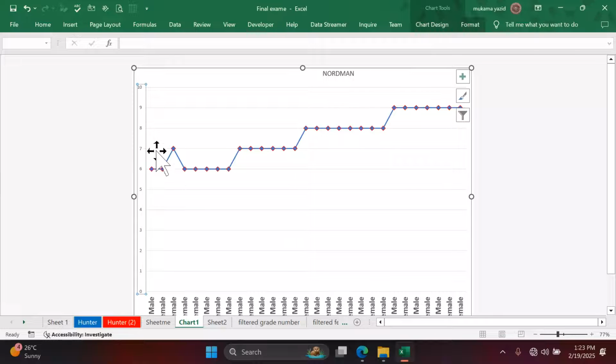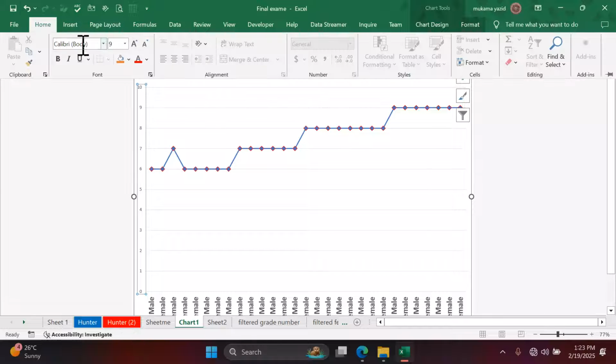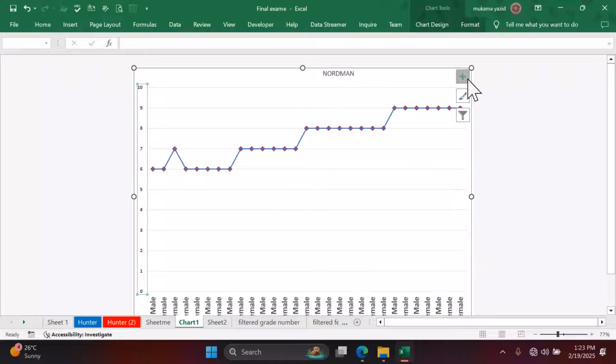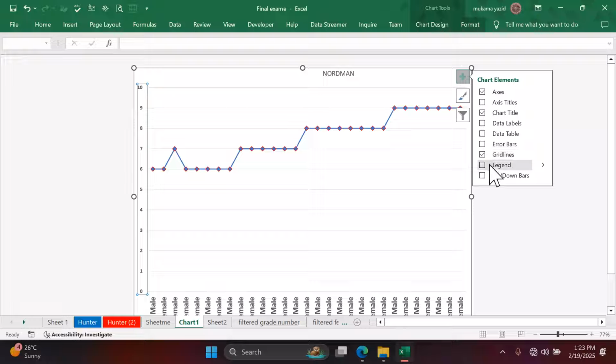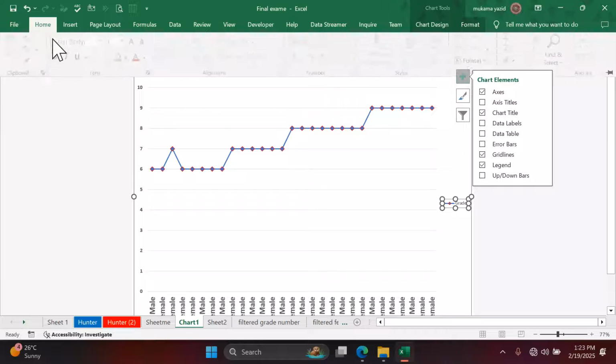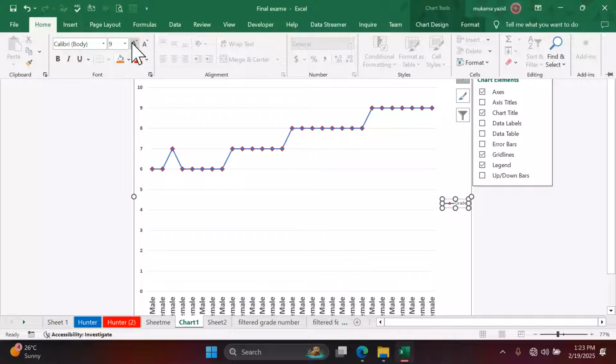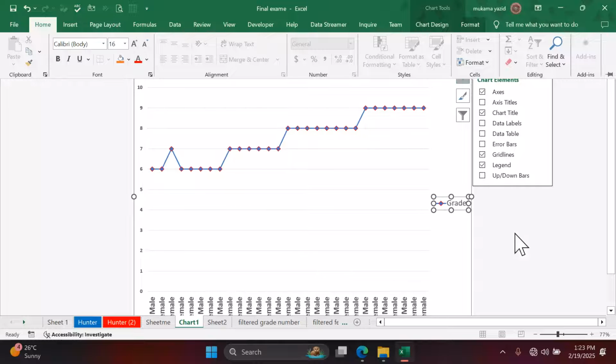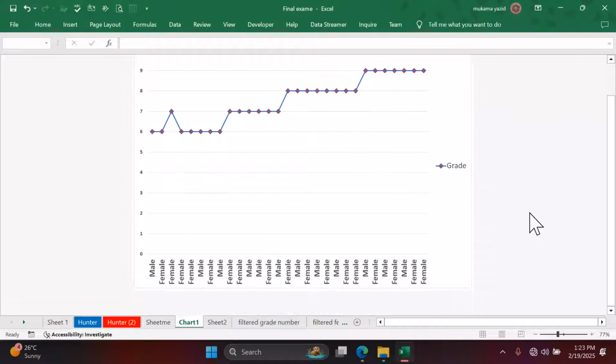Okay, then they select this one. Also same apply this one. Bold. Increase the effort. You can see them clearly. I come to chart format. I want to see legend there. So I come here. I increase so I can see it properly. So this is qualified to be